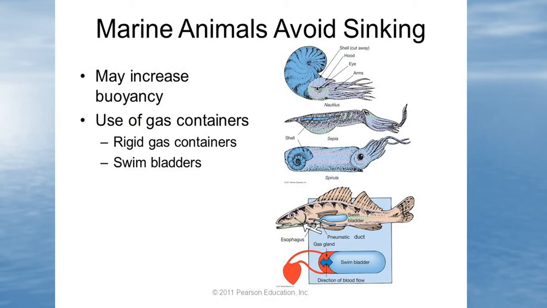Here are some other strategies right here. We can see with our nautilus up here. Remember, it's called the chambered nautilus because there are these chambers in here. And we saw one. We looked at it. Remember, it had those little holes to communicate between the chambers, and they can pump gases, air, if you will, into several of those chambers and make them buoyant, and they'll float. They can pump it out, and they will start to sink. So that gives them some control over where they are.